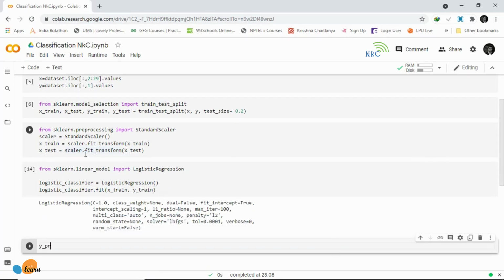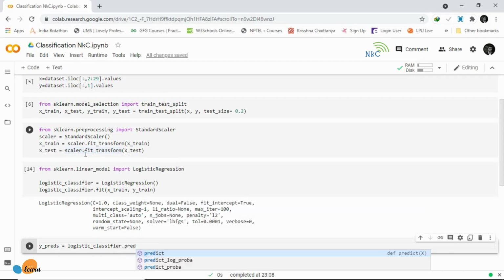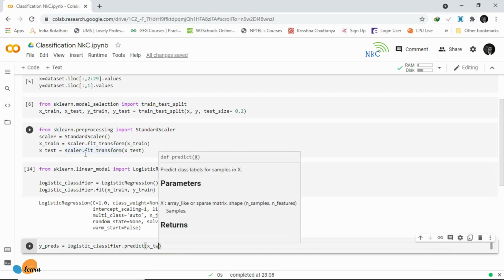So what we are going to do is set y_pred, our prediction values, to logistic_classifier.predict, and we are going to predict the X_test values now. And of course we have y_test values as well, so we can compare the two, and we will be able to see how accurate our model is. In order to do that we are just going to say from